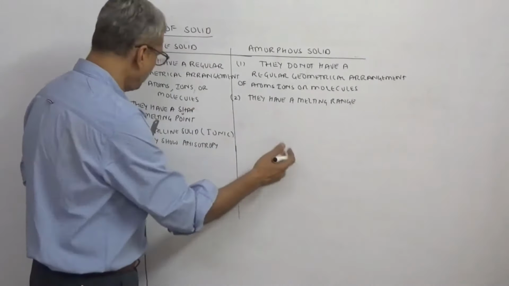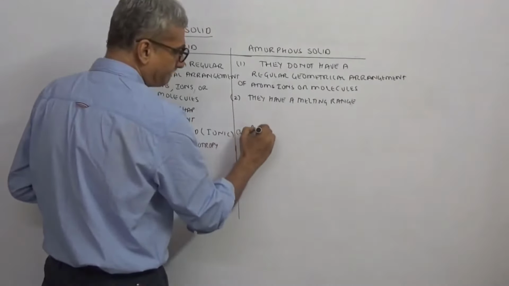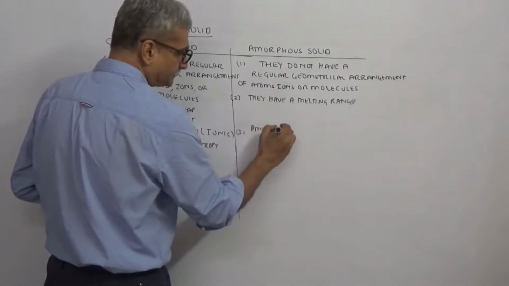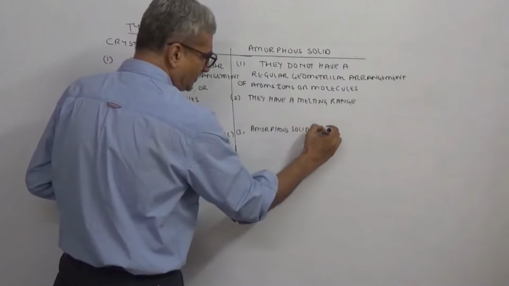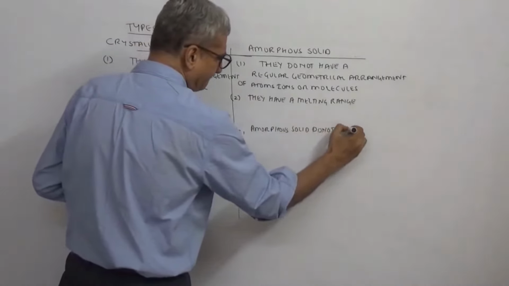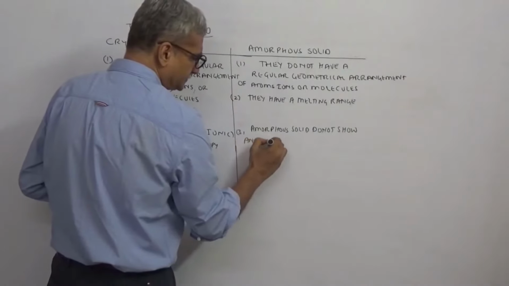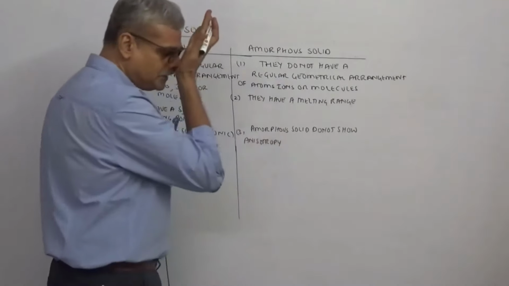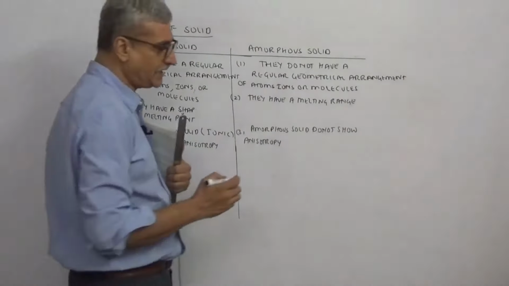Of course amorphous solids do not show anisotropy, let me write that first. So amorphous solids do not show anisotropy. See, what happens is in an ionic solid,